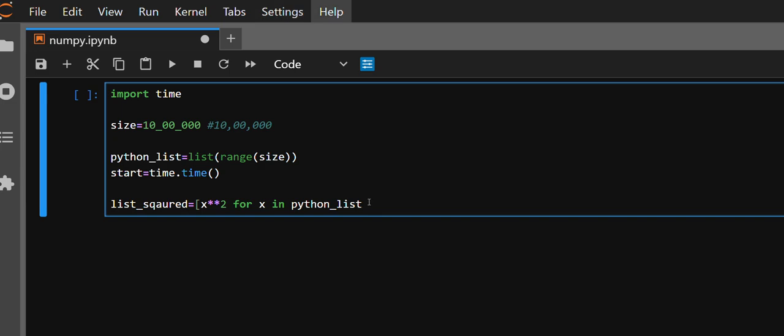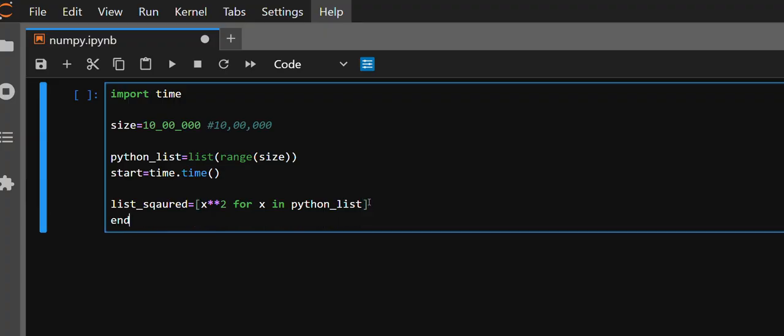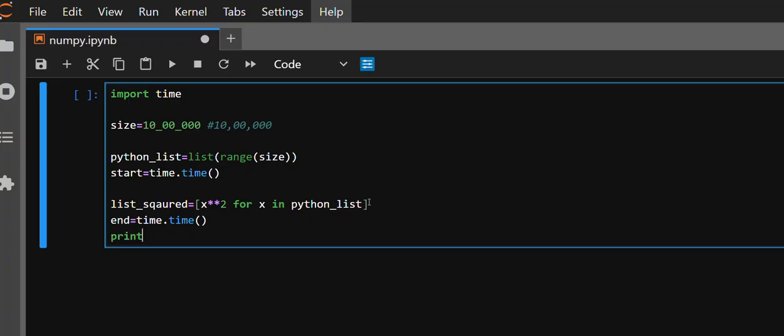We will close it, and then we'll end the time. That is, we'll declare it with end is equal to time into time, and we'll print it. Print Python list time, where it is end minus start. This is start, this is end. So when you subtract end minus start, you get the total time, right? So we'll do that, and these seconds